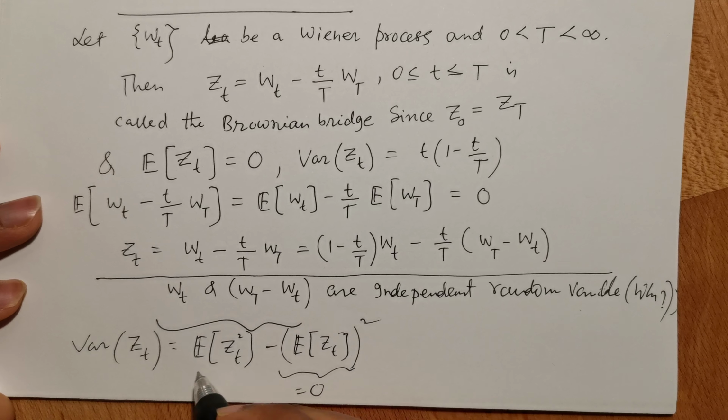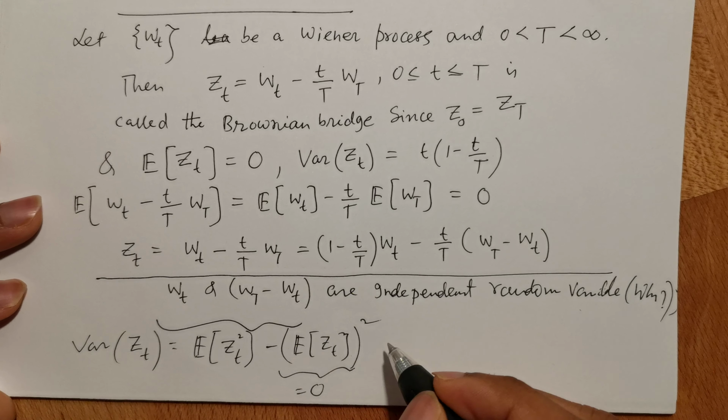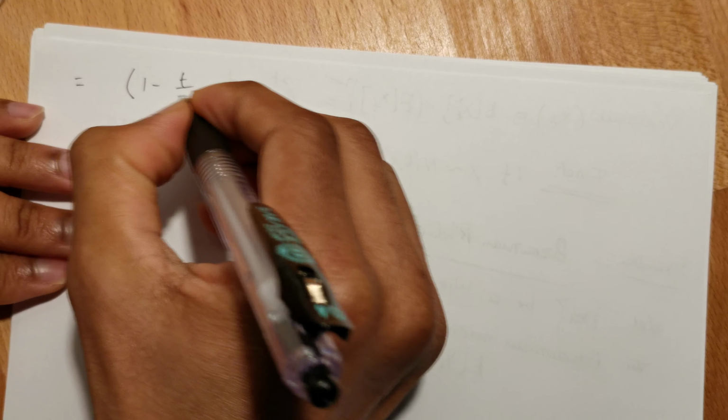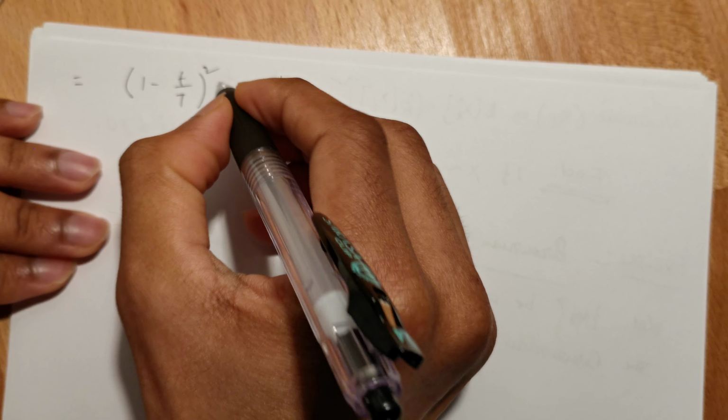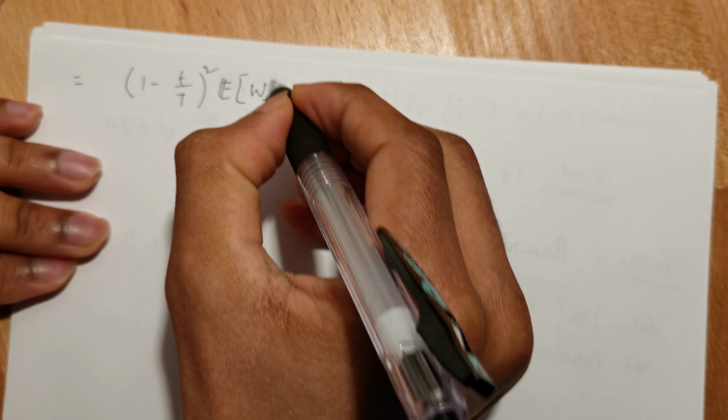So now just do the square of this term and you can see, let me calculate for you, 1 minus t over capital T whole square times the expectation of Wt square